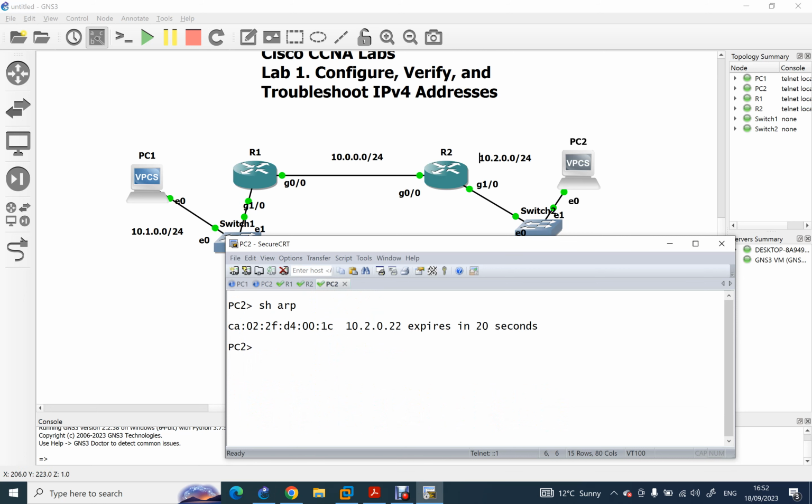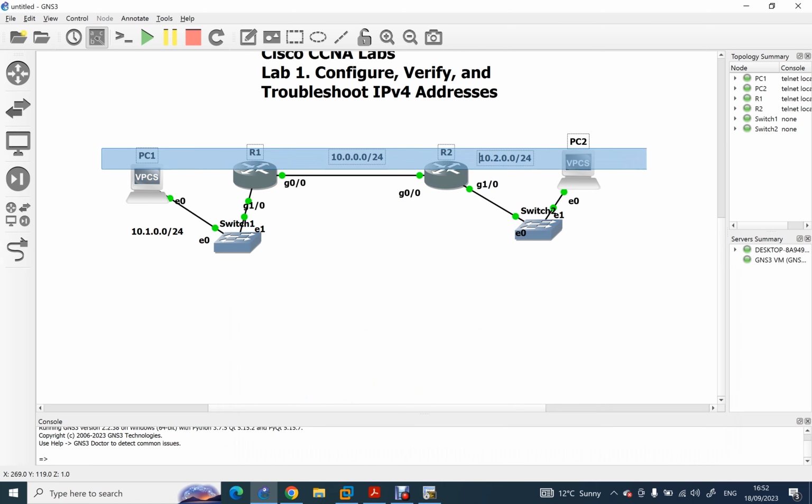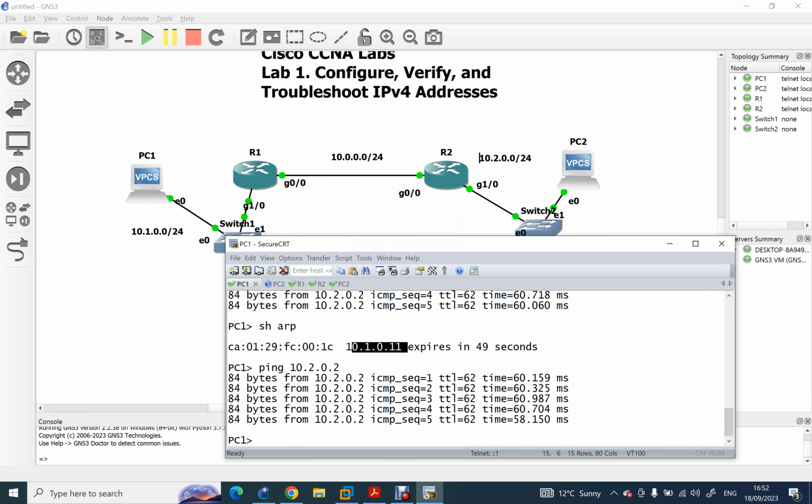Now they only have the ARP of their respective interface, however now we have successfully end-to-end connectivity. Now if I am on PC1, this PC right here, yeah, if I say ping